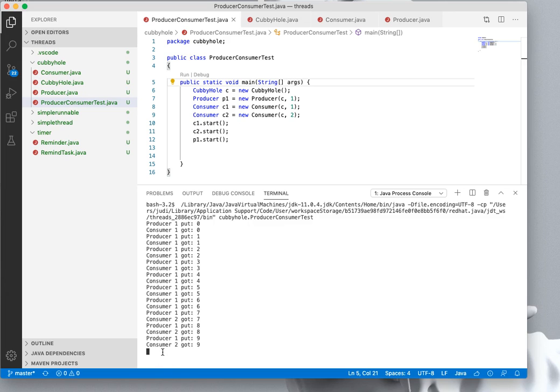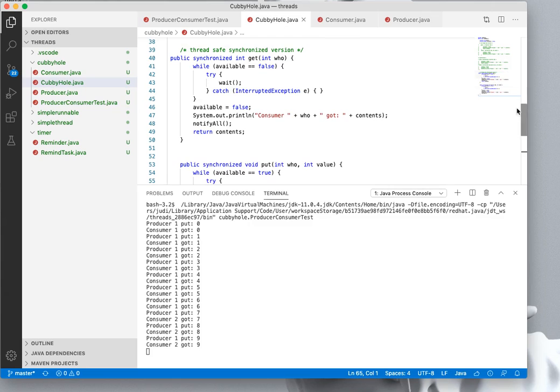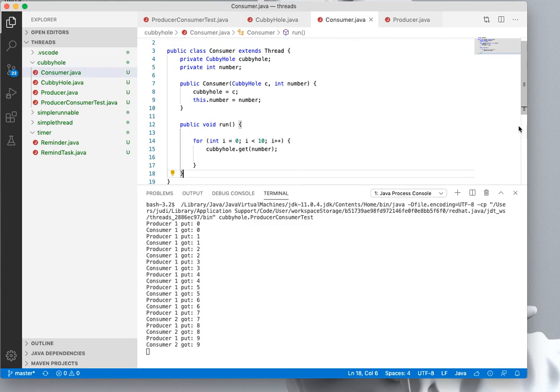And the program hasn't exited because neither thread has gotten to the end of their loop because they haven't managed to get 10 elements. In the consumer there is a loop where they go from 0 to 10 and they get a number. And so both of those threads are currently stuck in this loop